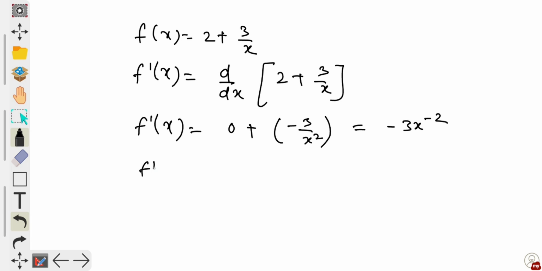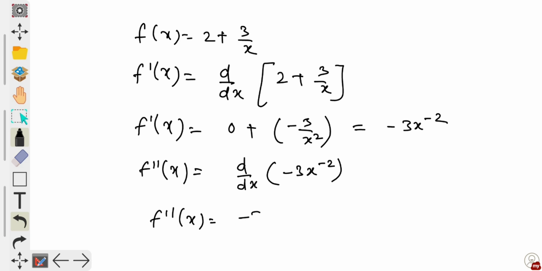And now to find the second derivative, we will again differentiate it. So d/dx of minus 3x raised to the power minus 2, and it will be minus 3, which is already there, times x raised to the power n, whose differentiation will be n x raised to the power n minus 1, that is minus 2 x raised to the power